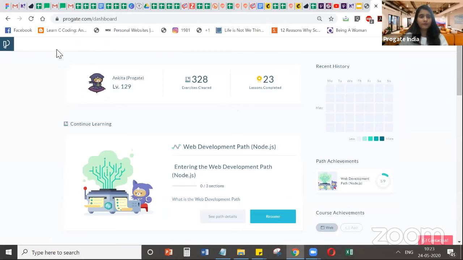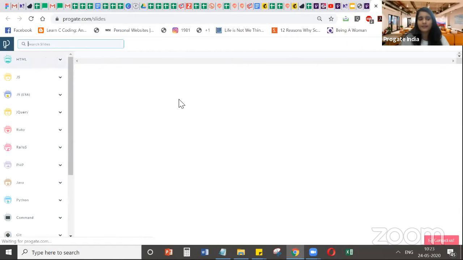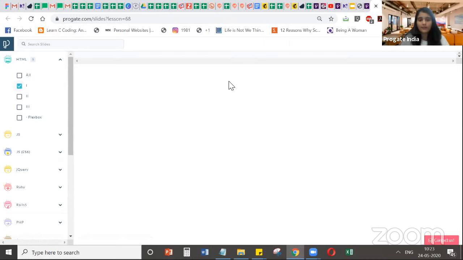I will show you through the slide library. This is very helpful. This is a very useful element of Progate. Whenever you complete a lesson, you can just go to the slide library and search for whatever you are missing. So in the HTML first lesson,